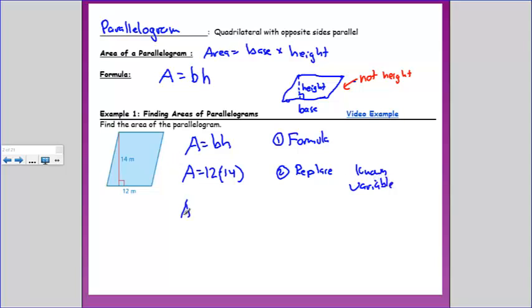And now we solve it or complete it. 12 times 14, I'm going to go on the side. I'm going to go with the 14 first, but it doesn't matter. 8, 28, 0, 4, 1. So is that 1, 6, 8 down here? So 168 meters squared. So I'm going to write solve with